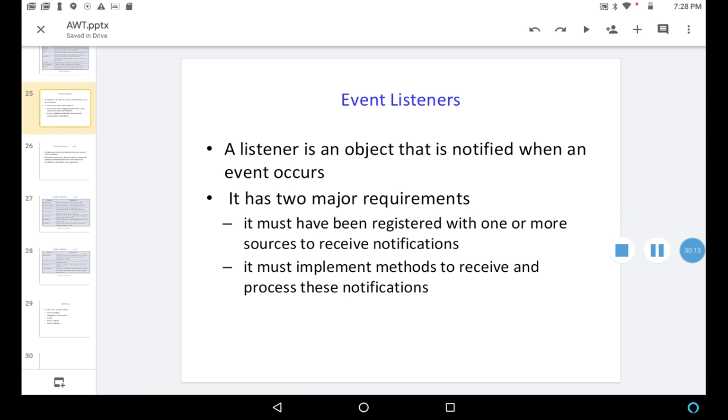As we discussed in the previous slide, every listener must register with the sources, and only then will they get the notifications. Next, it must implement methods to receive and process these notifications. These are the two requirements for event listeners.